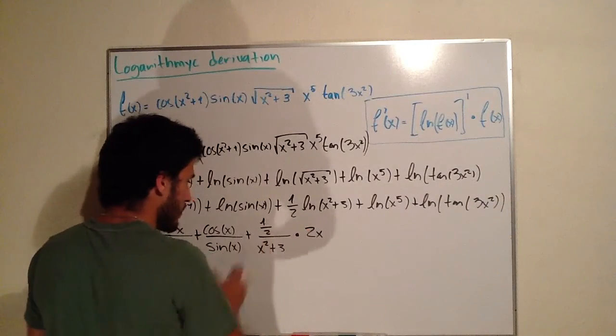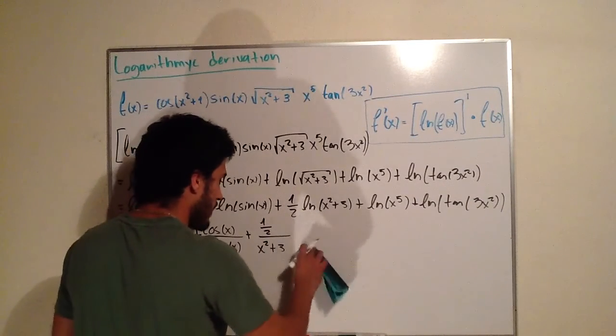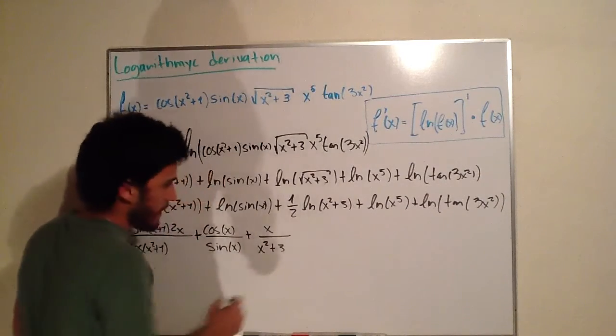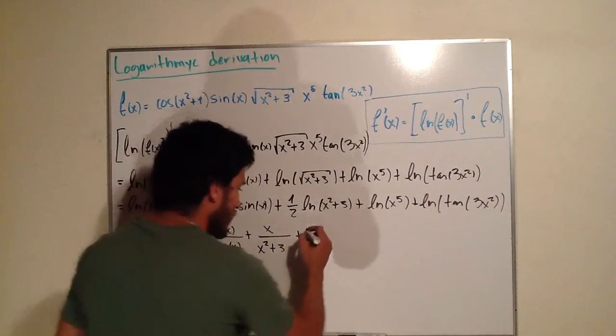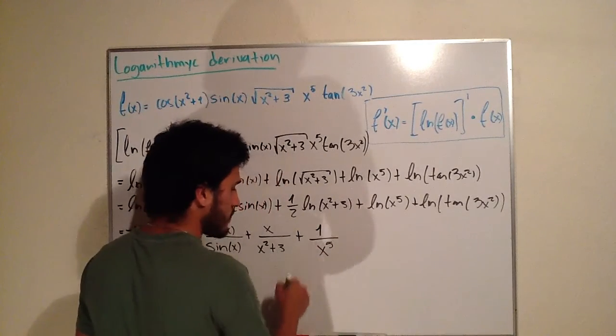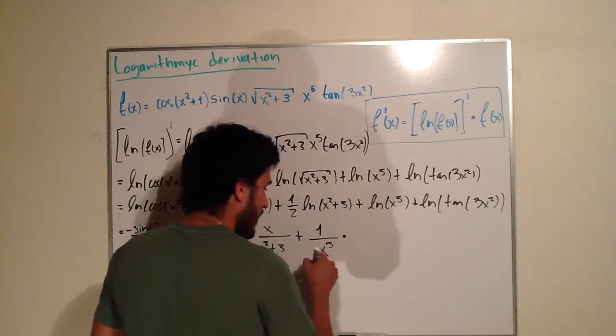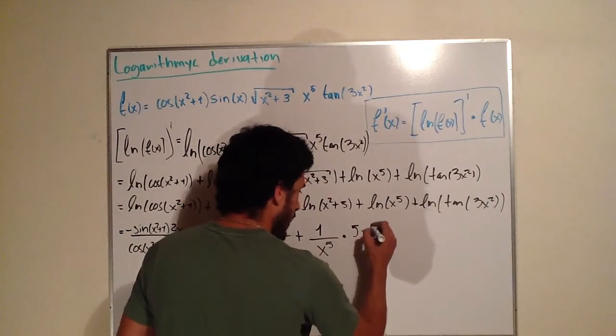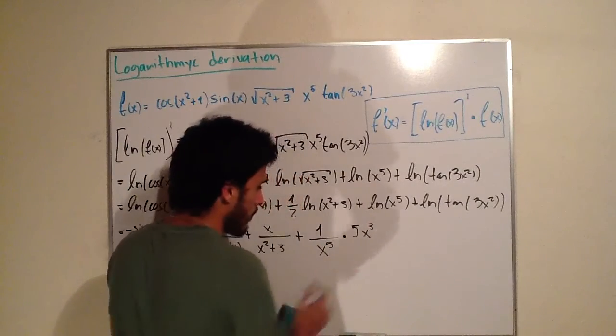Then 2x multiplied by 1 divided by 2 will be x, and then in this case we will have 1 divided by x to the power of 5 multiplied by the derivative of x to the power of 5, that will be 5x to the power of 4,